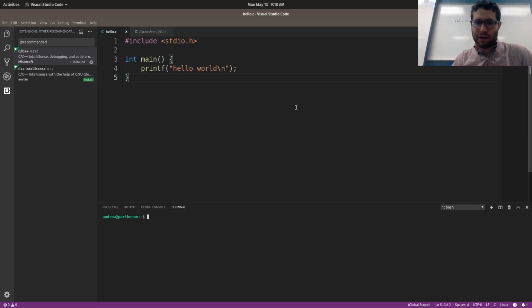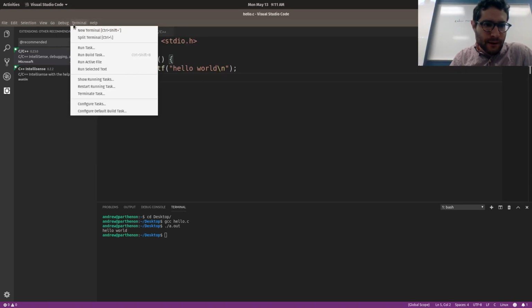So then I can write over here, and then down here, I can go over here and do cd to change the directory that I put it in. I put it on my desktop, so no worries there. And then what I can do is gcc hello.c, and then I can run it down here, ./a.out. So I can do it all in one window and just move back between these two things.